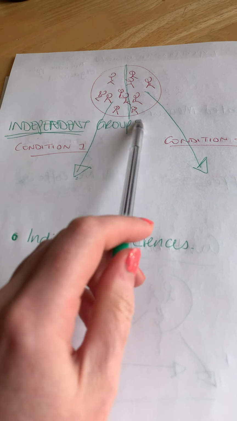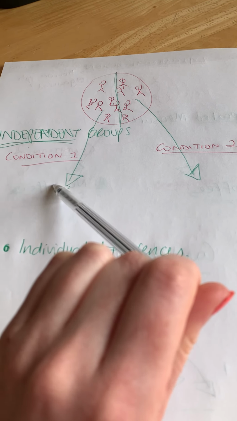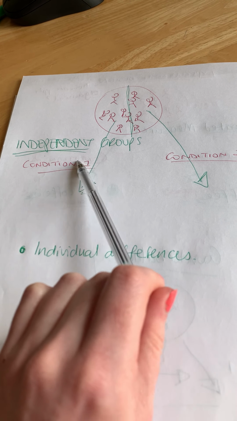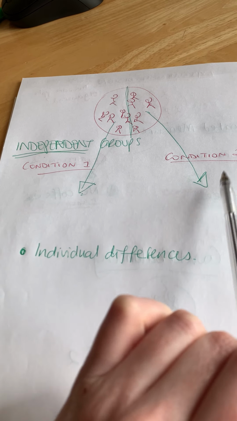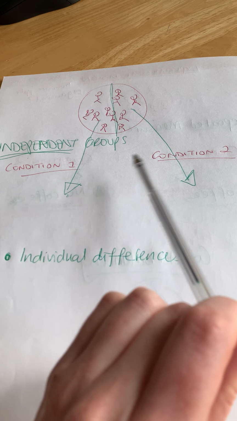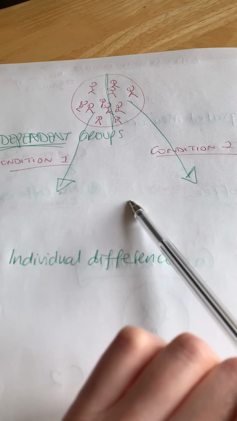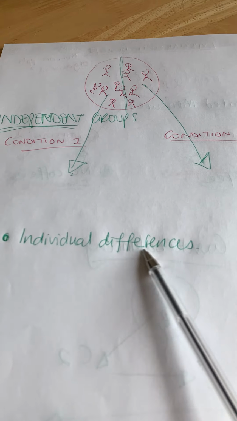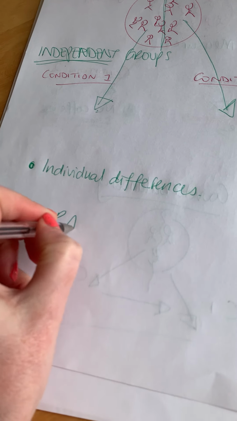So because the 2 groups of participants are completely different, we might find that we have some participants in a condition that are very, very different from the type of participants in another condition, and therefore we're not measuring the effects of caffeine, we're measuring tolerance of caffeine, or we're measuring history of caffeine. So you can see how we start to move away from what our IV actually is if there are individual differences. But a way of overcoming that